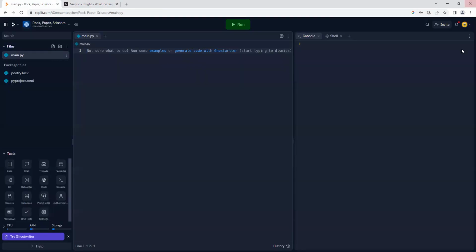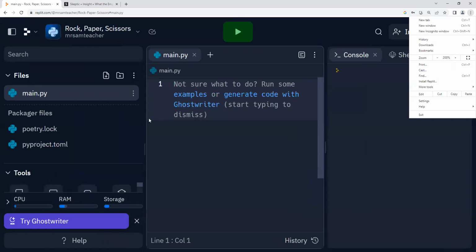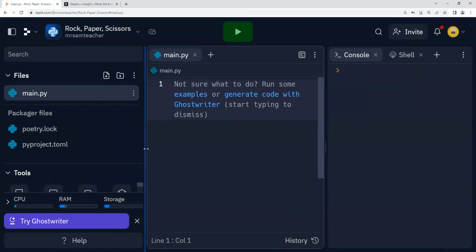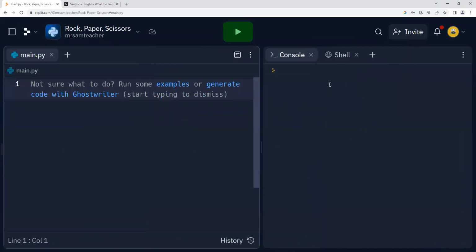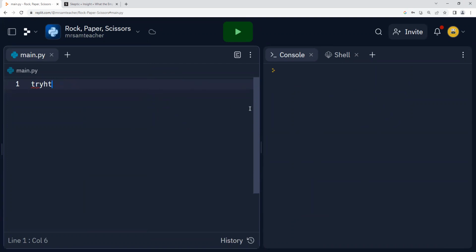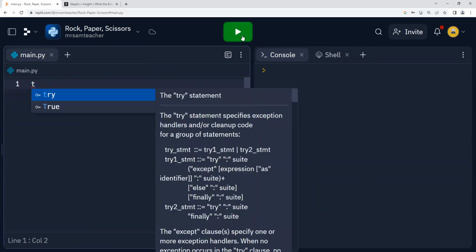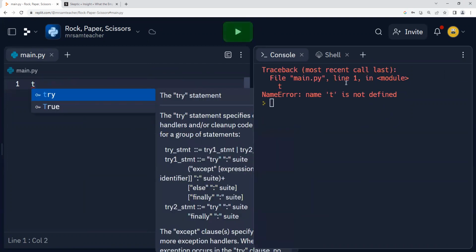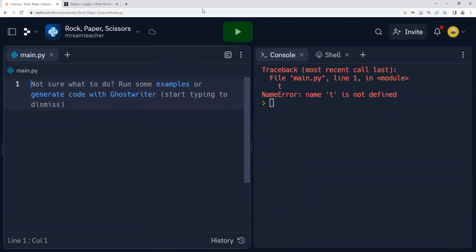I'm gonna zoom in on this again. Let's see, I'll get rid of this. If you guys want to move certain things out of the way to make it easier to see, definitely do that. And like I said, this is just a generic message that comes up when we start typing. It goes away. When we run our code, we just hit play and it comes over here on the console. Obviously, I accidentally wrote T. There's no variable T, therefore it gave me an error. All right. Anybody have any questions so far? Just a little brief history, background, whatever you want to call it, of rock, paper, scissors.